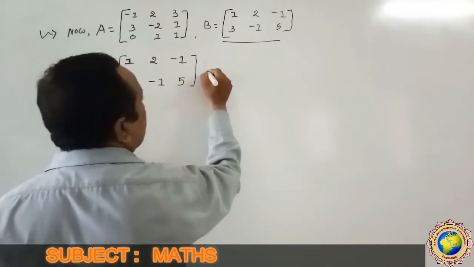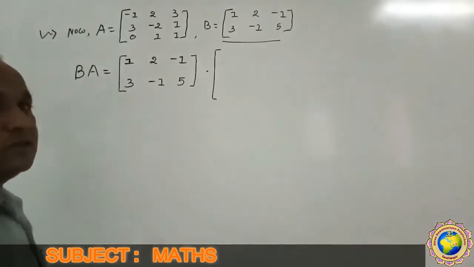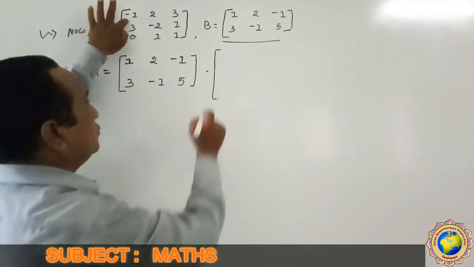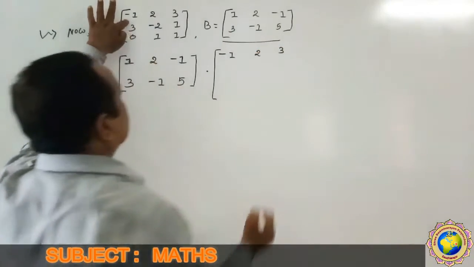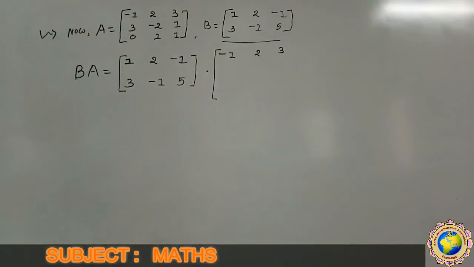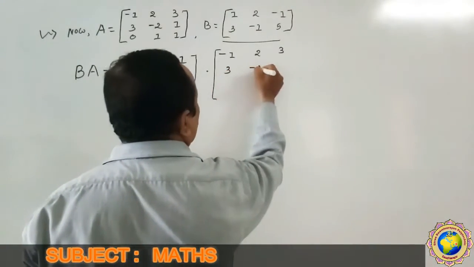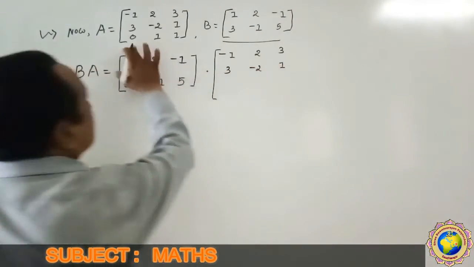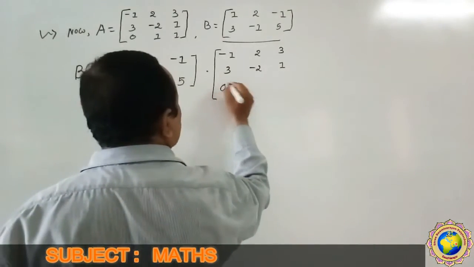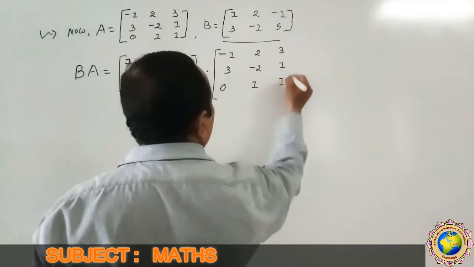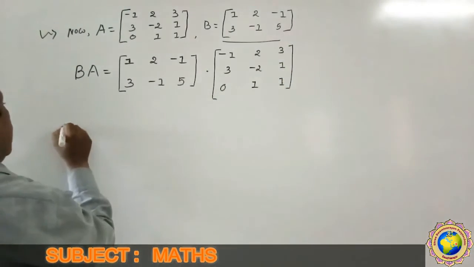Multiply. Write down matrix A as well: first row minus 1, 2 and 3, second row 3, minus 2, 1, and third row 0, 1 and 1. So BA is equal to